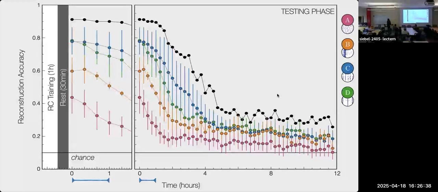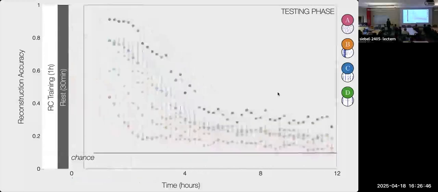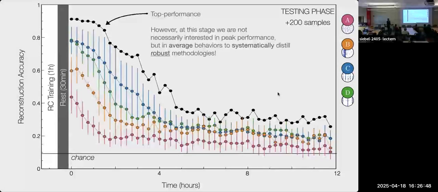The black dots on the top represent the upper bound. So that's actually the best performing sample that we get. I just want to show you that we do get about 90% test score once in a while. But here we want to deliver a little bit more robust methodology overall. So we're looking at the average of the behavior. So all this data is collected over more than 200 samples. So I think it's a good preliminary result